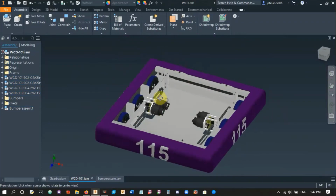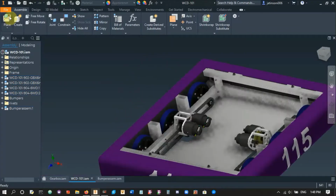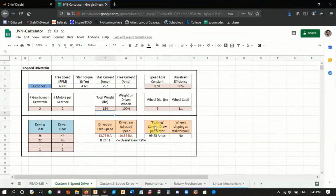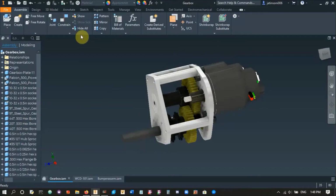So let's cut the talking and start CADing. So I'll have my gearbox here. I'll just use this one. And in the JVN calculation for that gearbox, we used 4-inch wheels. So I'm going to be making a gearbox and a drivetrain with 4-inch wheels. Obviously, if you're making one with 6-inch wheels, it will look slightly different, or the drivetrain will be a little bit taller, basically. So let's start with an assembly